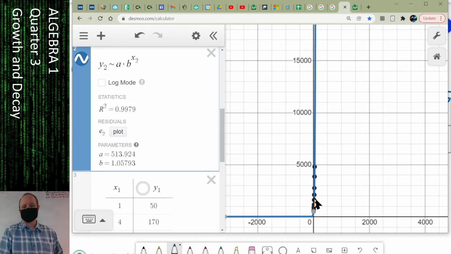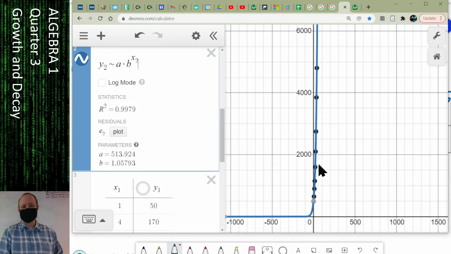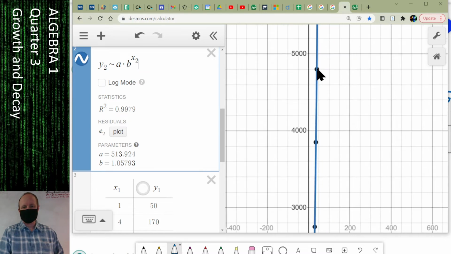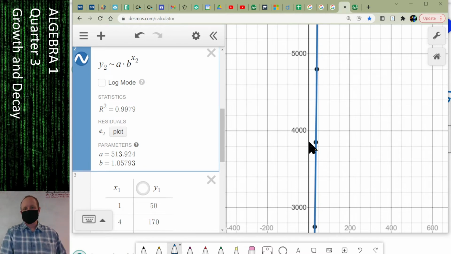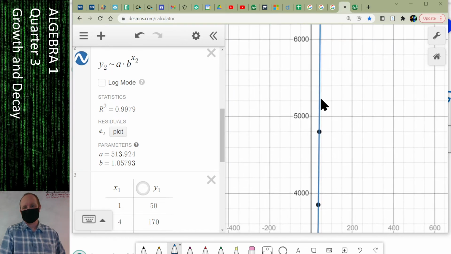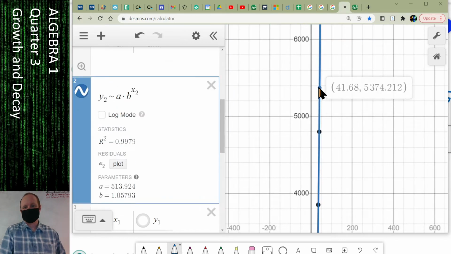Going back over to Desmos here, these are all of the points in our table. And so that point that has an x value of 50 should be somewhere up there. If I click on the point, it tells me the x value, 39 or so, and then the y value that goes with it, 4,700 and some. Every single point on this line are points that make that equation true. And so if we go and click on this line and follow it up until our x turns into 50,